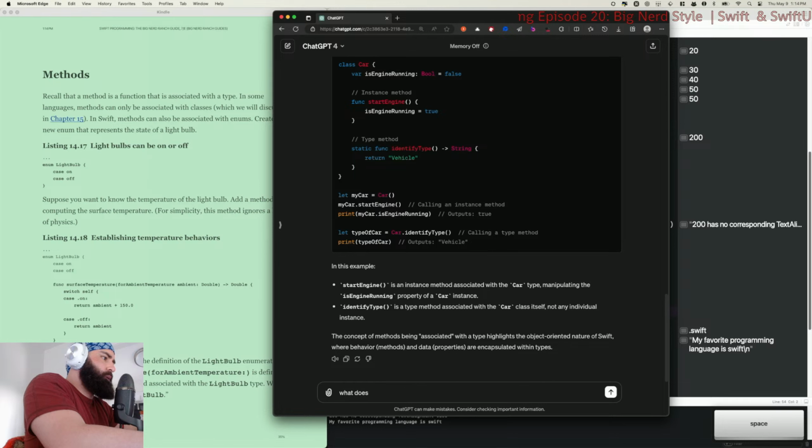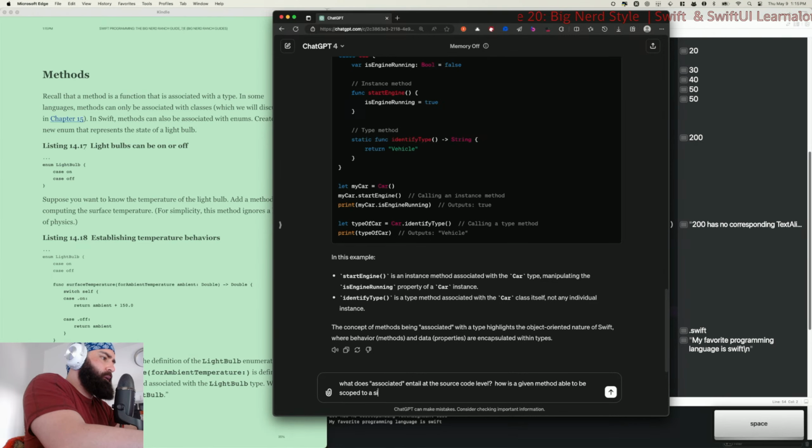What does, how is a given method able to be scoped to a single type?